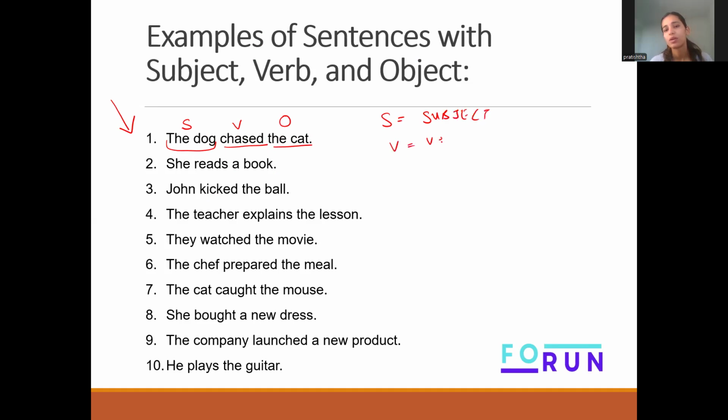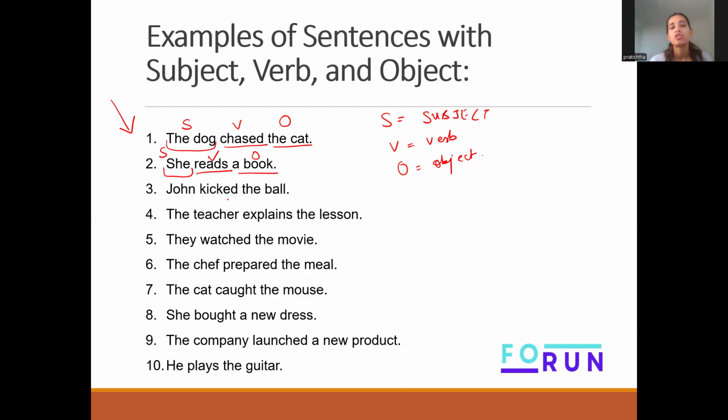V refers to verb. O refers to object, right? She reads the book. What is this sentence about? Who is this sentence about? This sentence is about her, a person, right? So this is a pronoun. Pronoun, in a way, right now, you can just take it as the noun. So it's a subject. What is she doing? She's reading. What is she reading? A book,